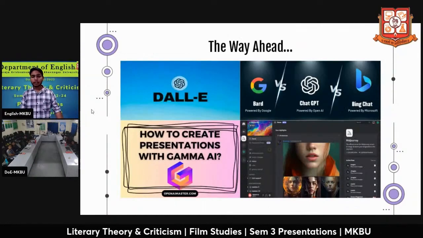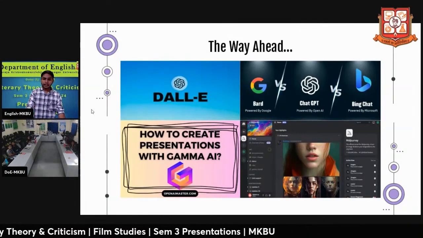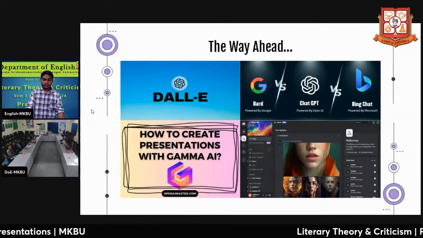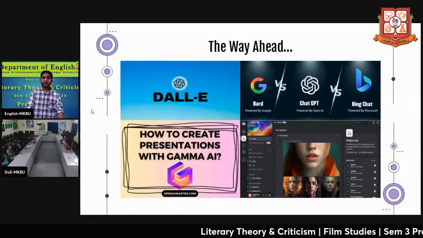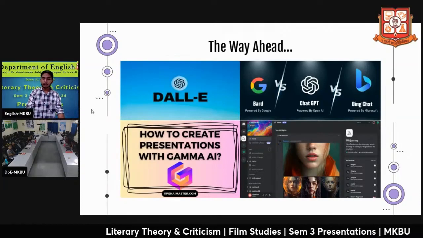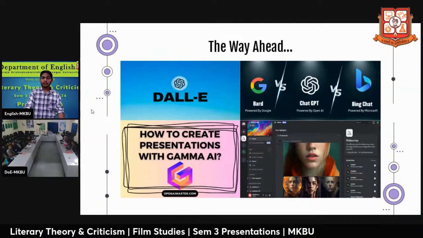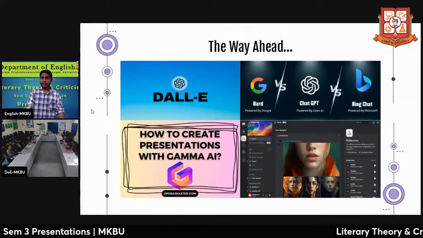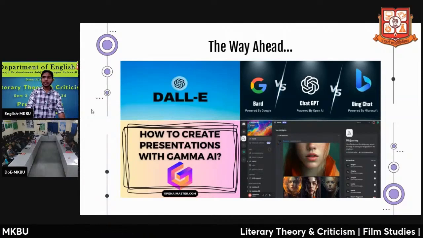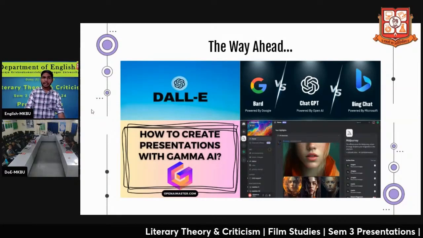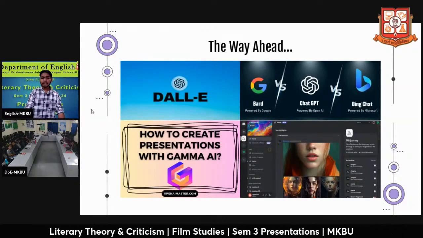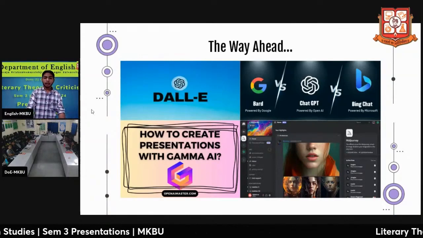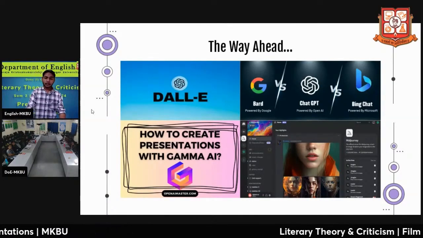Now for the conclusion: digital humanities has been in practice for more than 30 or 40 years, but we still have little information about it, or we are not very conscious of it. Many of us might not think of it very progressively, but as time is changing, digital humanities is also changing. The archival and corpus work were already in progress throughout the years, but now it is the 21st century.